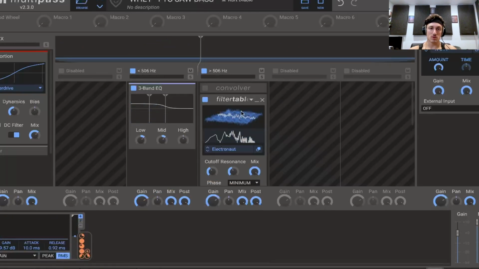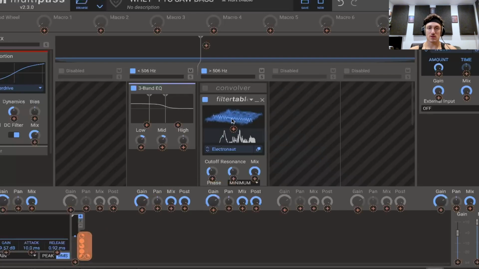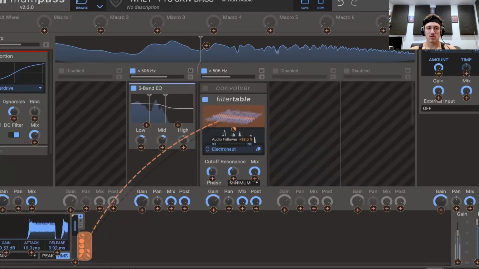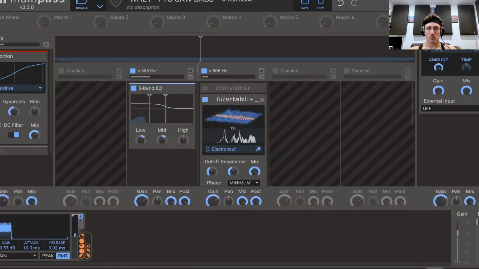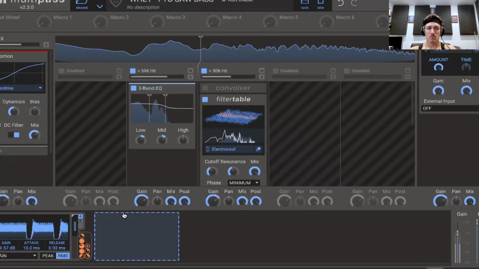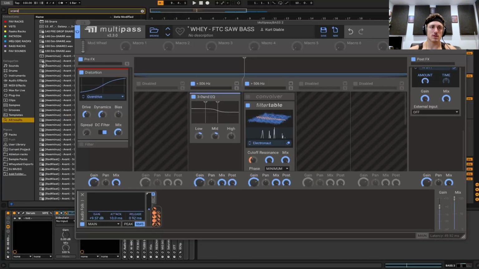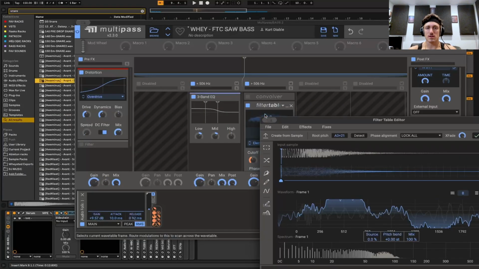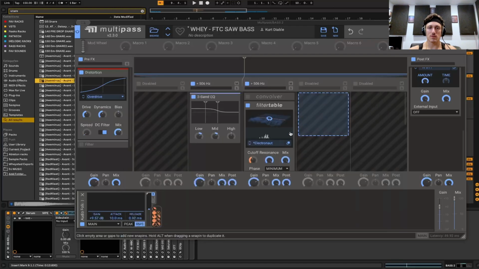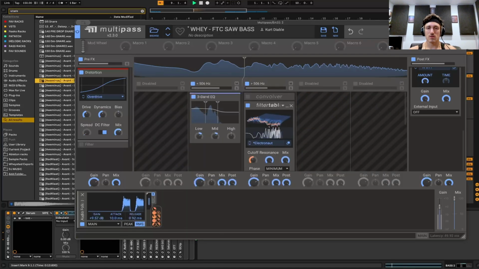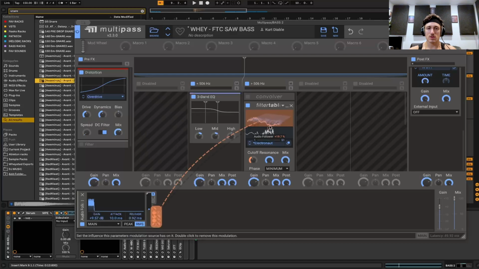And it's like, well, what if we just automate this even cooler? More movement in our basses. And we can also move it. Something that we want, say like a snare, and drag it in. And now it's going to take the profile of a snare, kind of how Serum does its editor. I'm not going to pretend to know everything in this, but it's pretty much doing what Serum does with its wavetables. It's generating it, and now